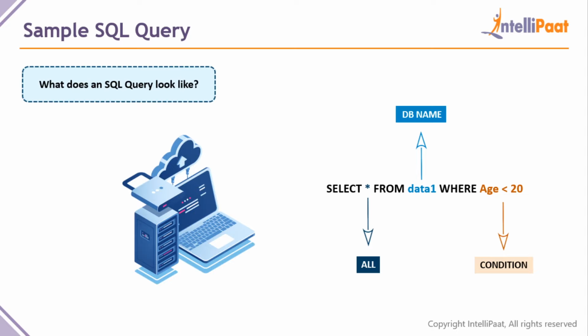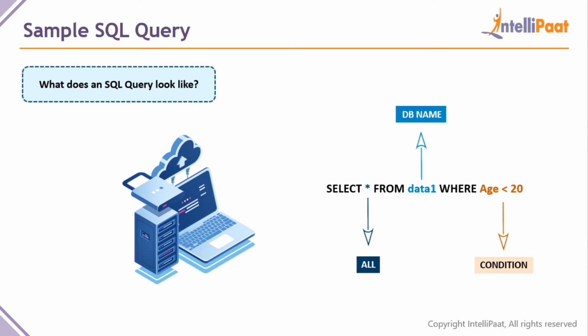Basically, we're going to be viewing a lot of data present in the database, right? The select statement is used to pick data from the actual servers and then show it to us. Star means show everything that is present. Everything from where? Everything from a particular database that we have, and that database in this particular case is called data1.